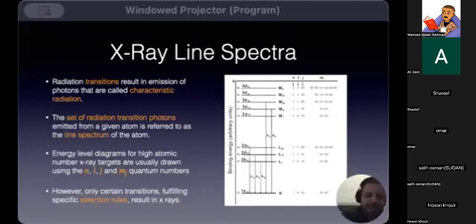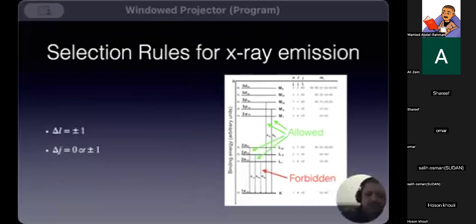So for example, imagine we have a vacancy in the K shell. Transitions can happen from any subshell, provided that these two rules are met: delta L equals plus or minus 1, and delta J equals 0 or plus or minus 1. So if we look at here, imagine we have a vacancy in the K shell,